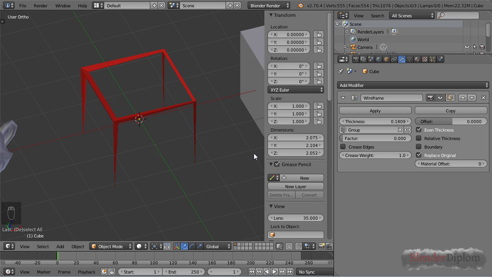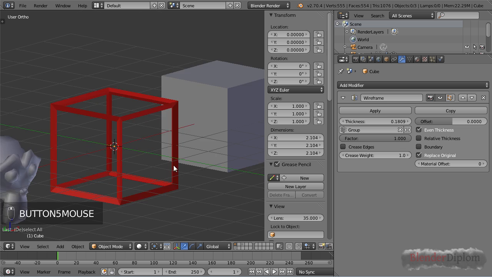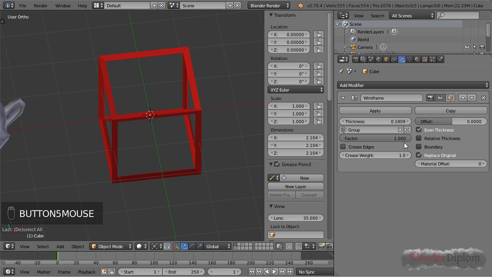If the factor is 0, then where the weight is 0, you have a thickness of 0. But if you use the factor, I'm not sure if factor is the right word here, because it seems to add to your edge thickness. It doesn't seem to be multiplying, but still, factor increases everything until the point where everything is even again. Okay, so let's remove the group here and turn up the thickness a little more